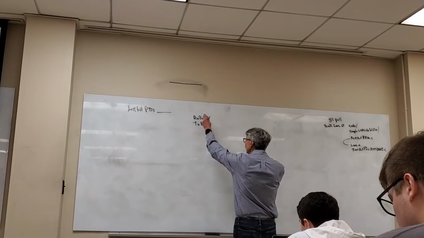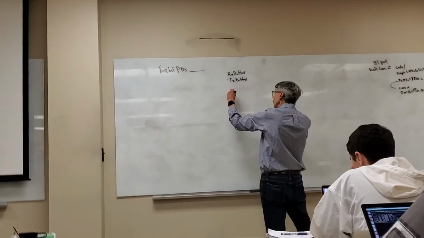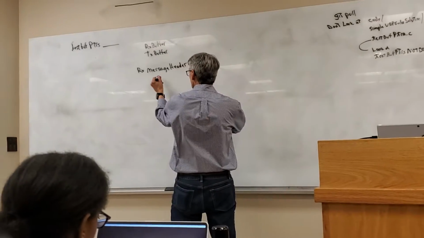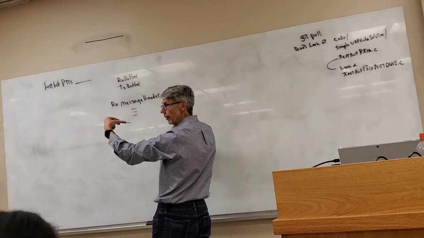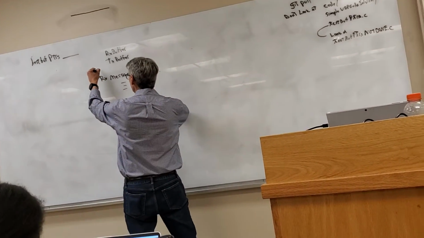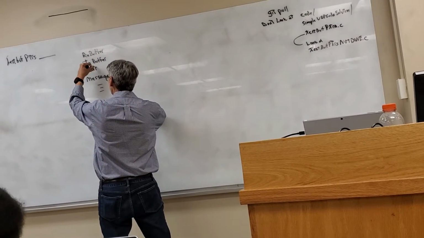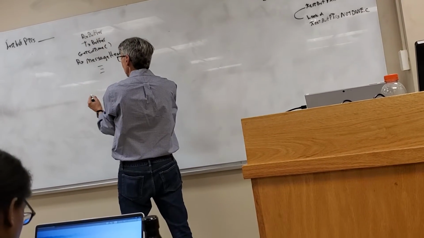So we create the buffers, we fill in the RX message header with the three fields, the sequence number, and then the seconds and nanoseconds for the time. We do a get current time. Okay, and then